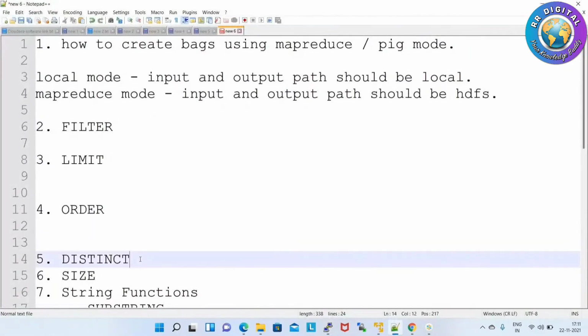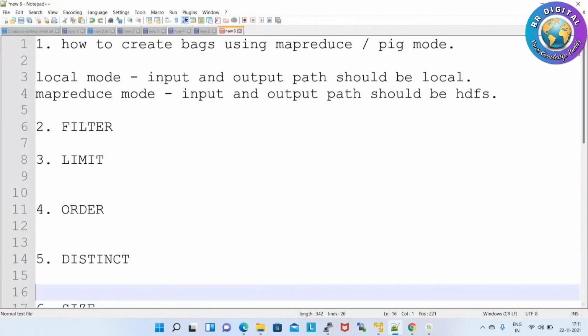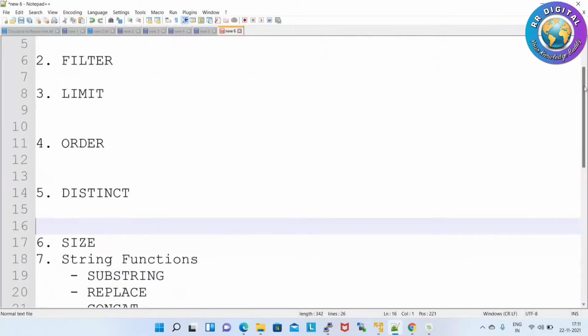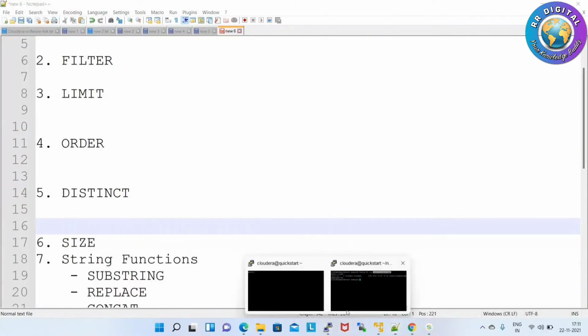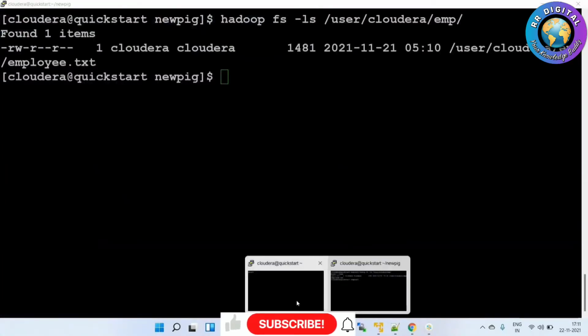Next we'll see distinct. Distinct is actually for duplicate records, but in our data file there are no duplicate records, so I will just show the query.